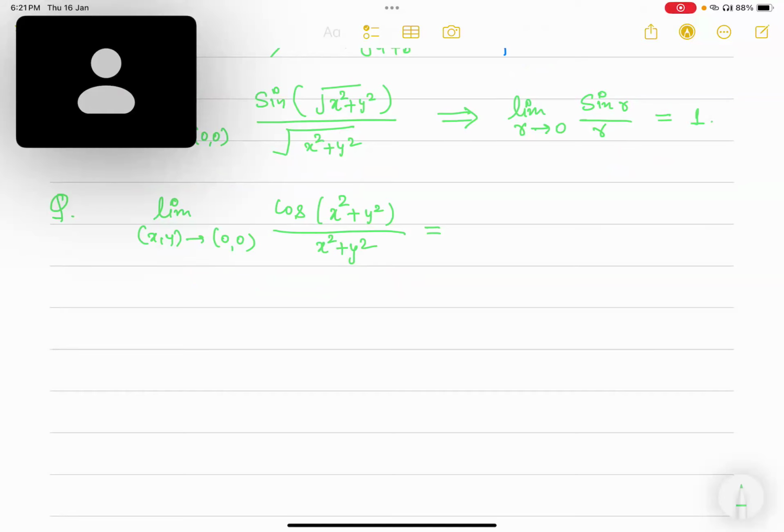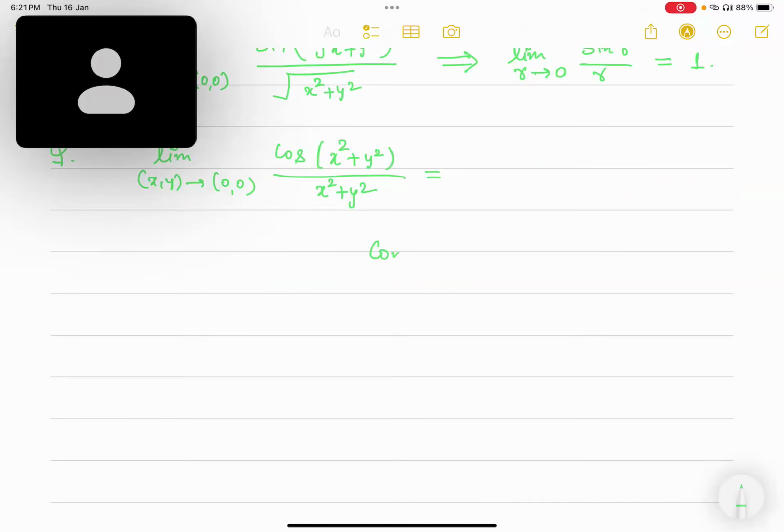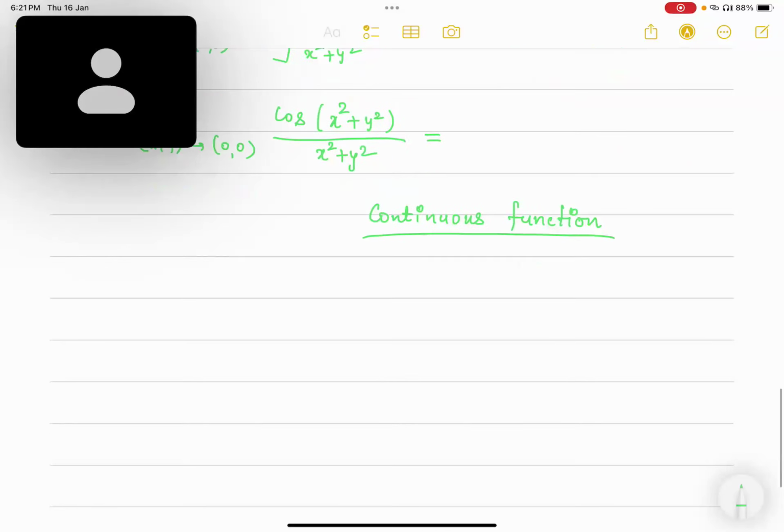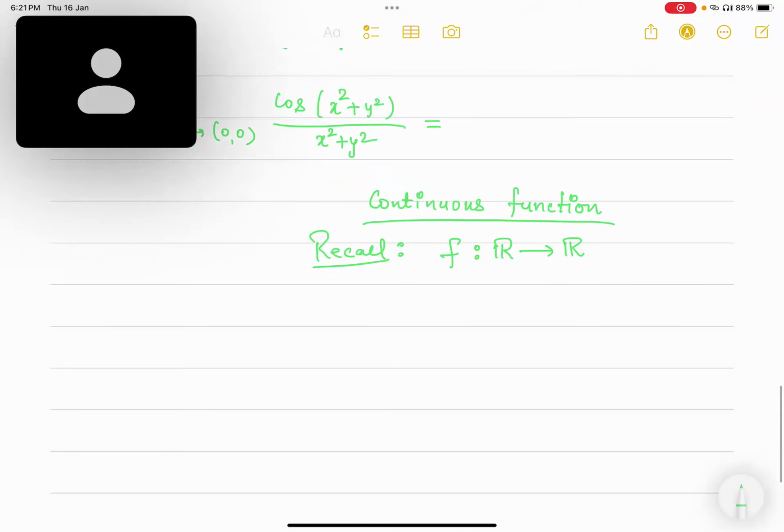So let's move to continuous functions. Now, recall that, suppose you have a function of one variable. How do you define a continuous function there? So f is said to be continuous at a point, say a,